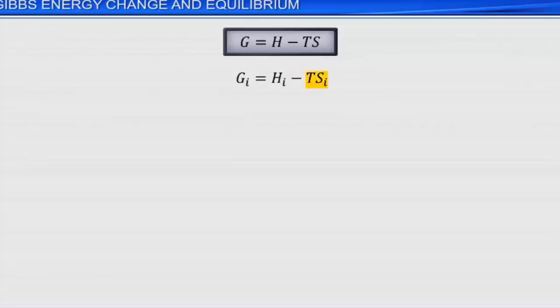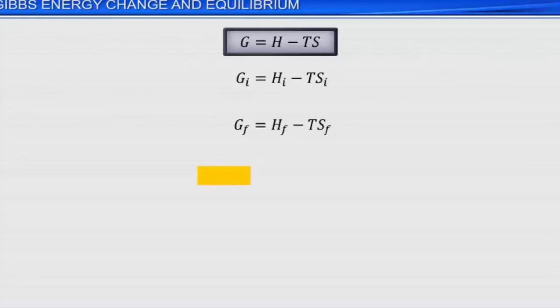Similarly, Gibbs energy of a system in final state, Gf, is equal to enthalpy of the final state, Hf, minus the product of absolute temperature and entropy of the final state, T Sf. Thus, change in Gibbs energy, that is, Gf minus Gi, equals change in enthalpy,